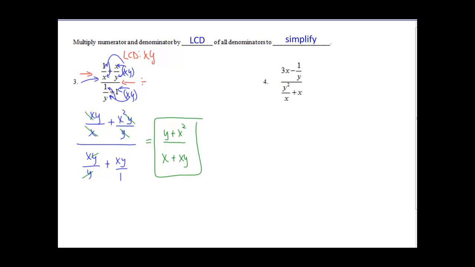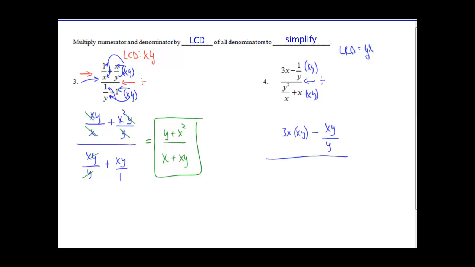Number 4. If we do the same thing, remember this is our division sign. In the fraction we have just a y. So for our LCD, we need a y, and on the bottom we need an x. So again, we're back to x times y. We're going to multiply xy to both top and bottom, everything in this complex rational expression. So xy times 3x, so we can go 3x times xy minus xy over y, all over